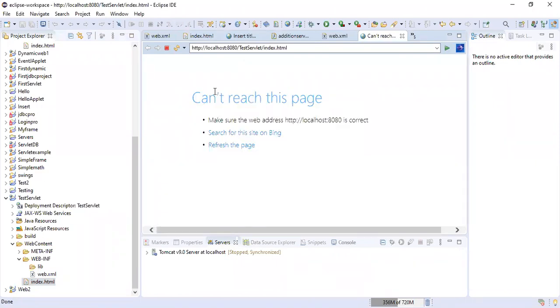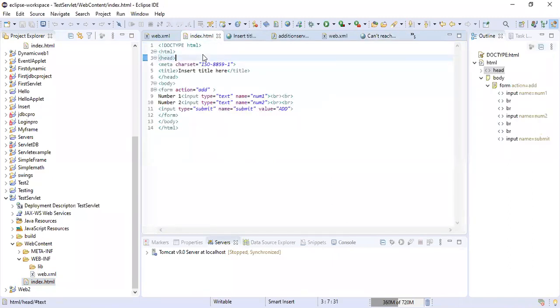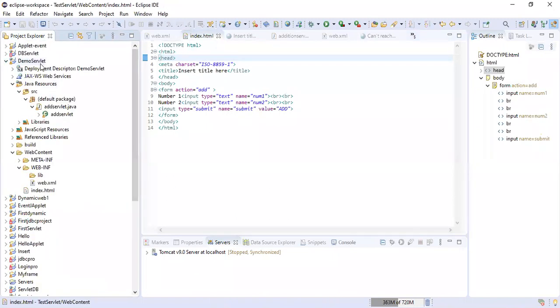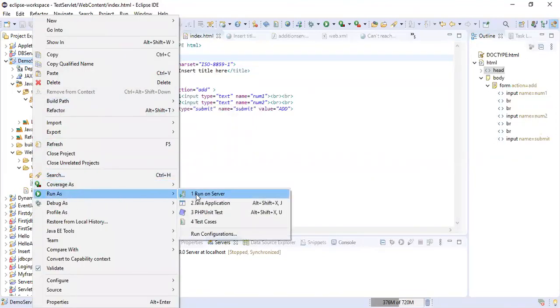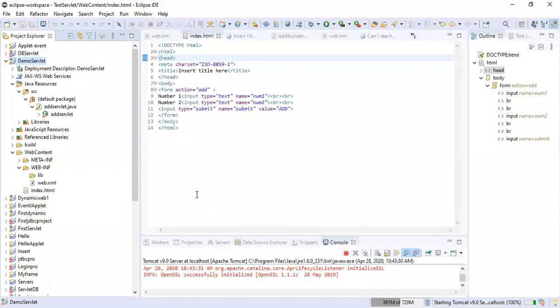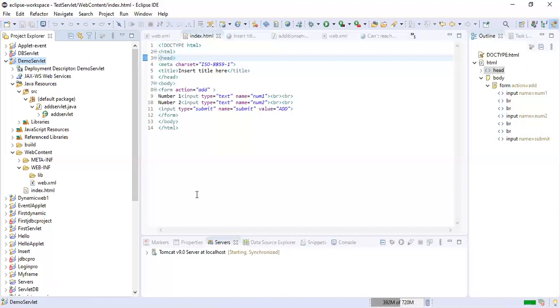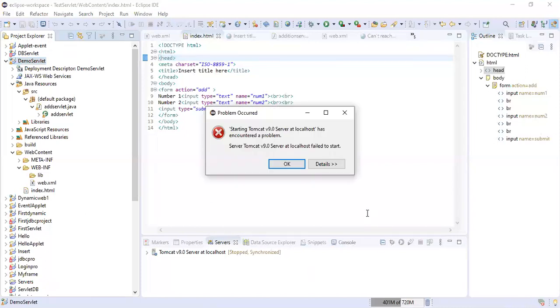It was showing some problem. Let me go to another file. Okay, let me run this, which was working initially. It is giving me some problem for starting the Tomcat.